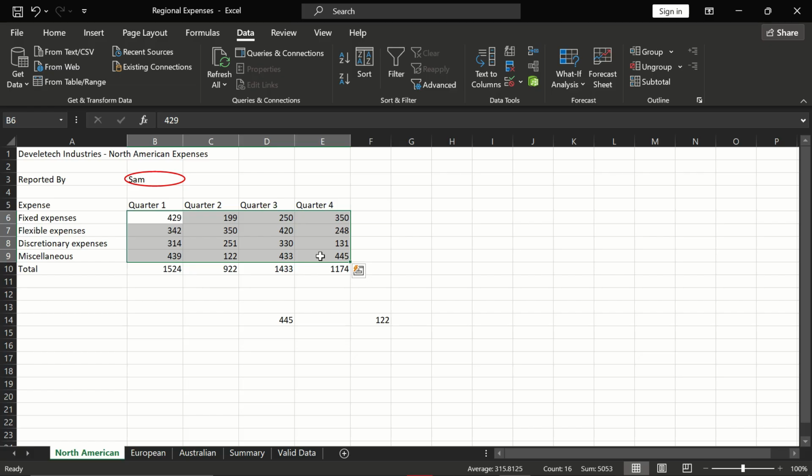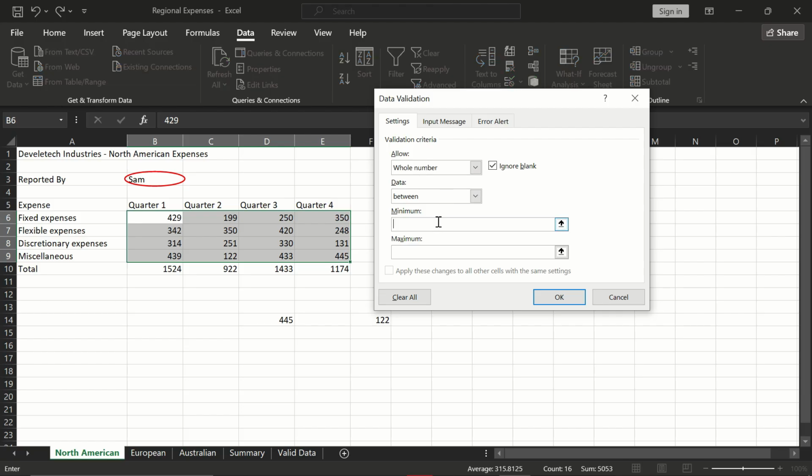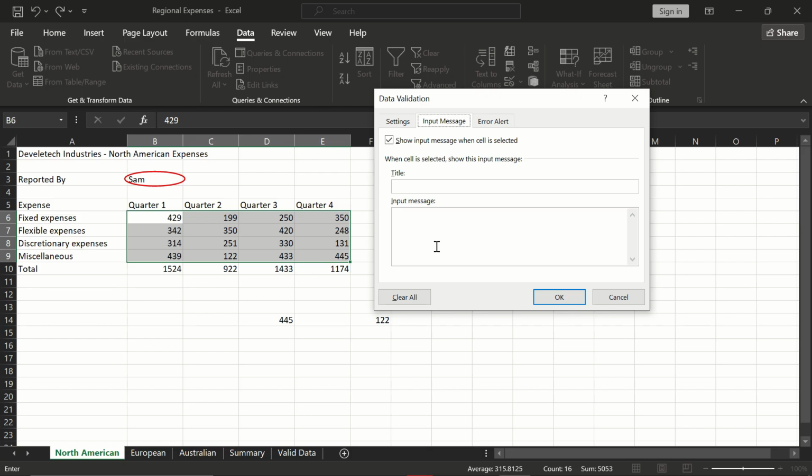So okay, I've paused this. Then let me go and so first thing, after they highlighted, like I said, if you want to apply data validation on multiple cells, you have to highlight them, right? So I click on data validation. Now this time I want it to be a whole number, between 445 and 122. So I click on whole number. Now the minimum value I can have in these cells, I want it to be 122, and the maximum value should be 445, right? So input message,